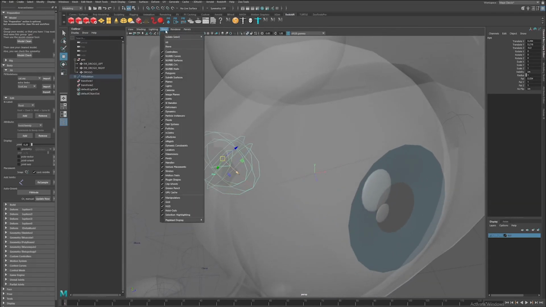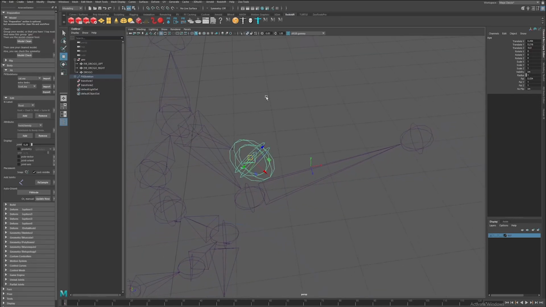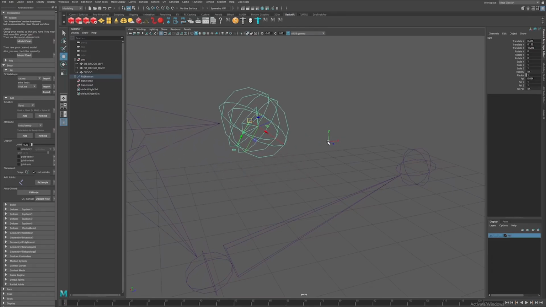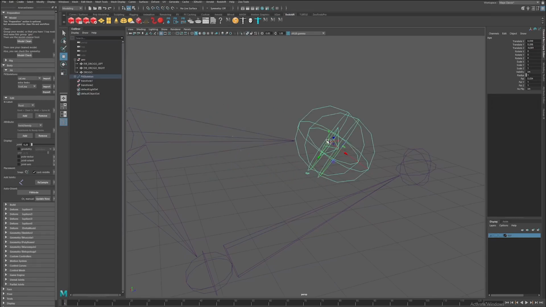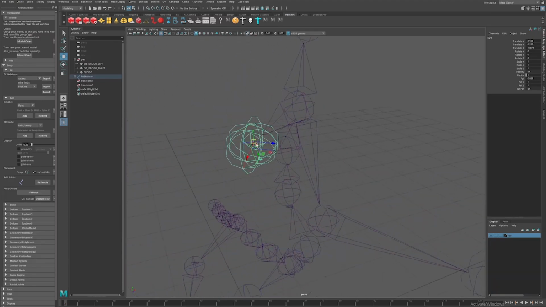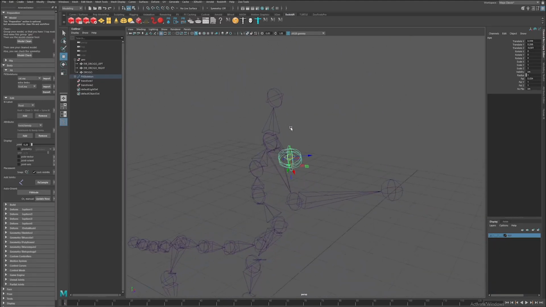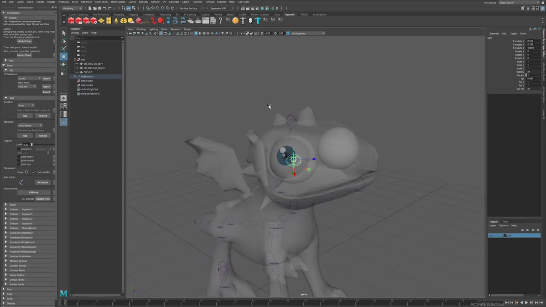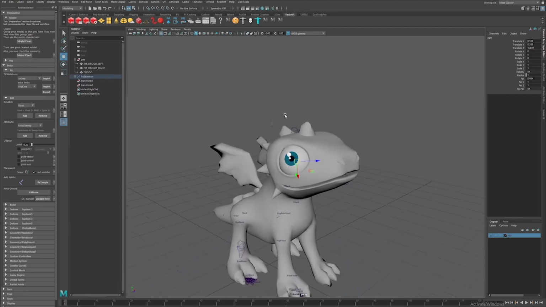No, I'm gonna go under show and remove polygons, so just keep the joints, and I'm gonna try again. I'm gonna move, middle mouse button, hold V. So I'm gonna hold V on the keyboard, and then with the middle mouse button, I'm gonna snap it into position where the local rotation axis is. And that's it. I'm just gonna go under show polygons, bring back the polygons, and under shading X-ray, I can